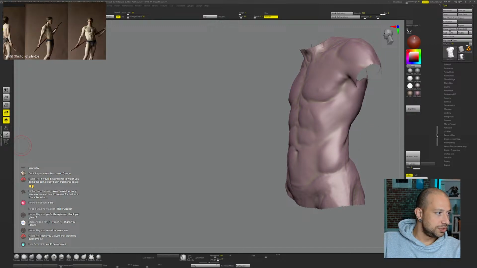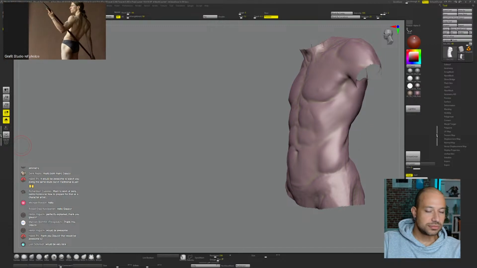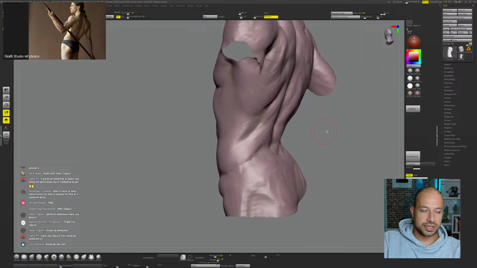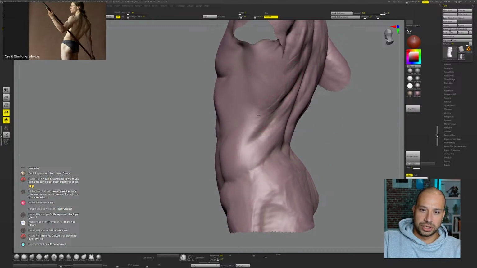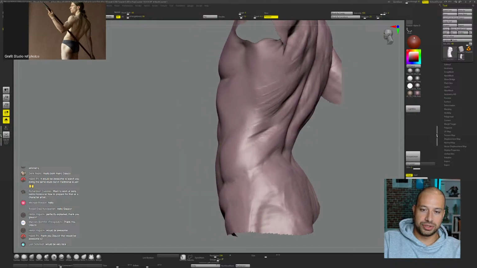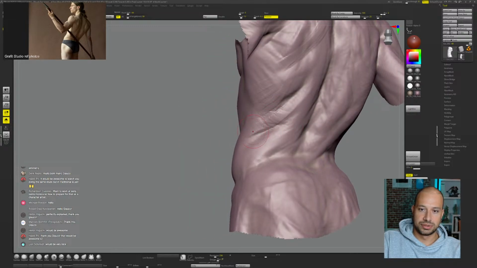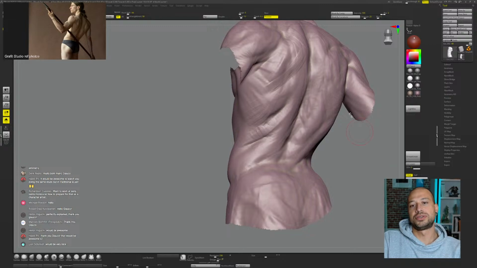Let's go to the other side. Yeah. All right, so this side here, we're gonna go into the back a little bit, but let me just try to get a little bit more of this gesture going here. Remember, last week I was going very gestural and not going too crazy about anatomy. And we're gonna see here that some of the folds in the back, like here, for example,